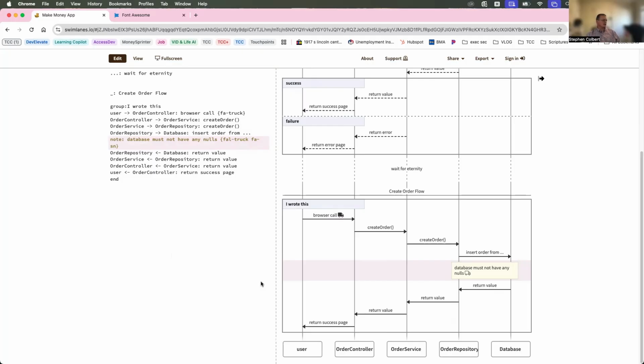Now, aliases can only be used with the actors, just these boxes at the top and the bottom. So to create an alias, let's say I have a user here, and I want to create an alias for this user. So we are going to say user, now we're going to say alias, colon, space, user, colon, my best